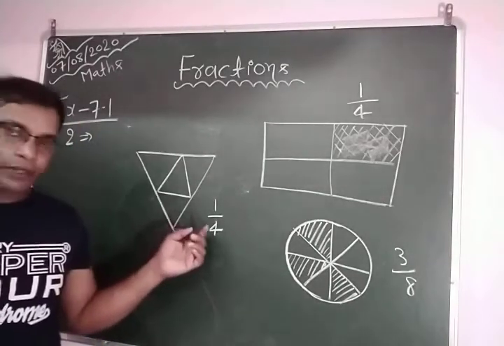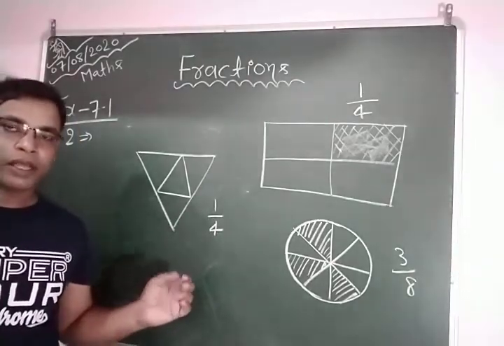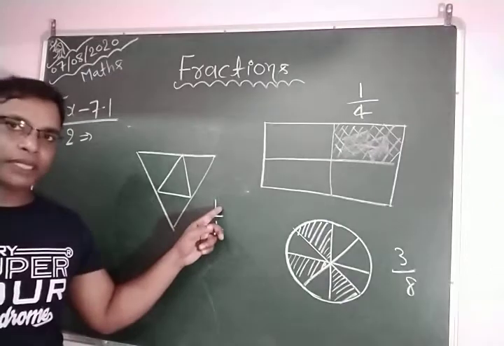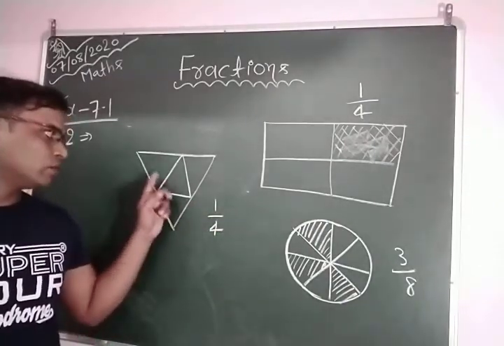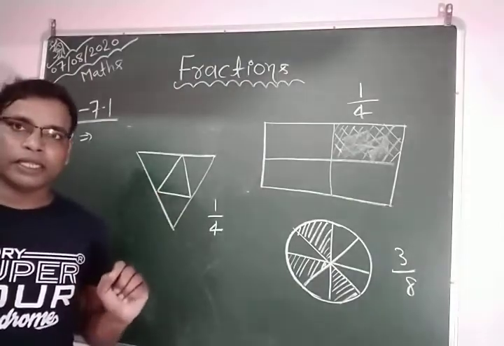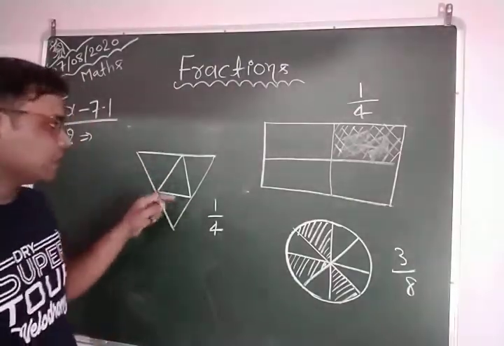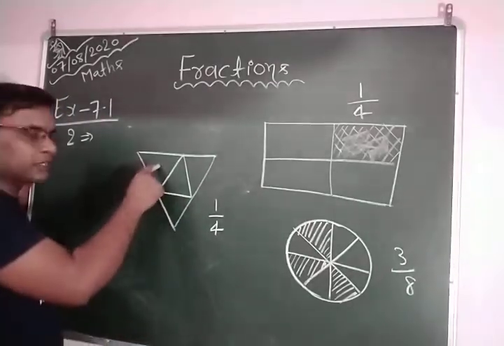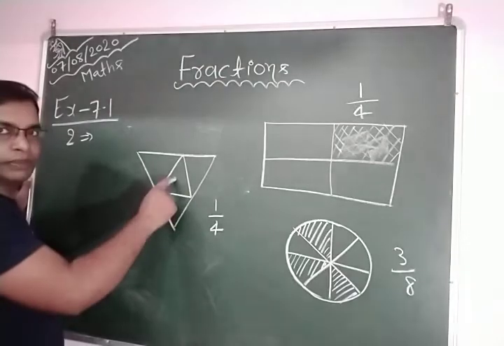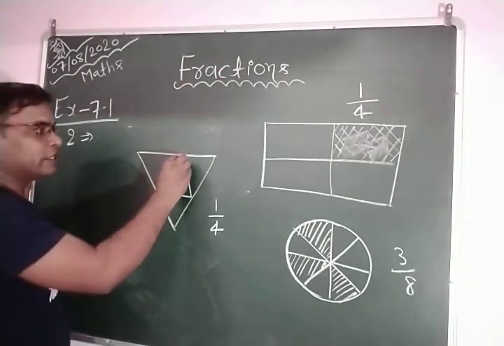So this is a fraction. 1 by 4 is the fraction. How many parts do we color? One part, because the fraction is 1 by 4. The total is 4 parts, 1, 2, 3, 4, and we color only one part, any one part, because each part is equal. So we can color this part, this part, this part, or this part. See, this depends on you. So we color this part here.